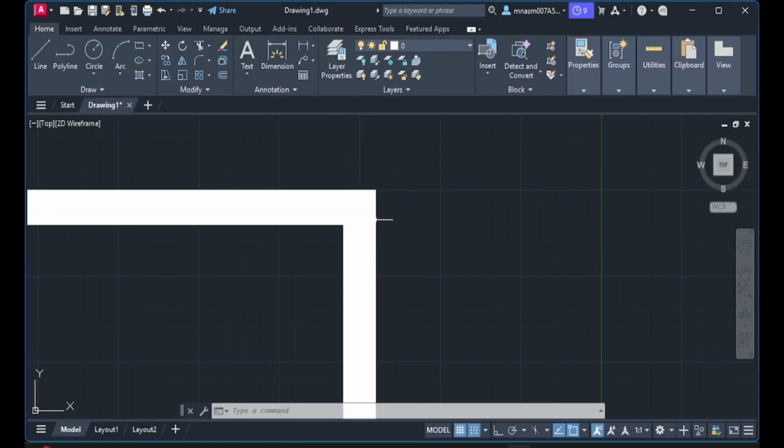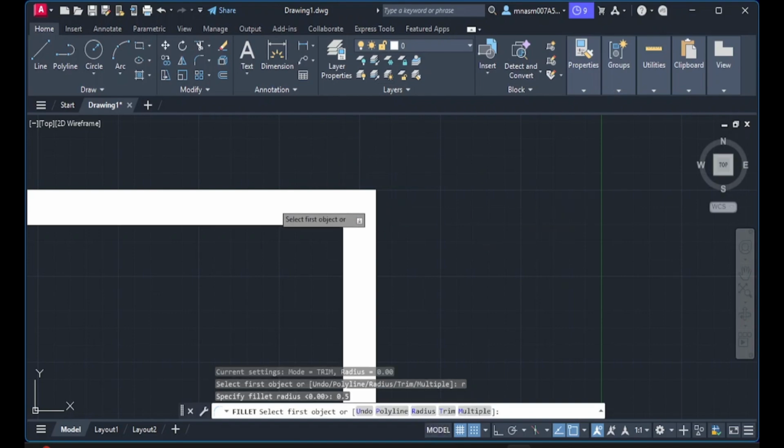But sometimes we need to make the corner round, like if we are drafting VRF systems and we have some kinds of copper pipes we are mentioning by these polylines, then it is better to make it round here. So I can use the fillet command from here, and I give the fillet radius. The fillet radius is 0.00, so I want to make it 0.5 mm, half of the line width. Okay, so I type here and then select the first object,